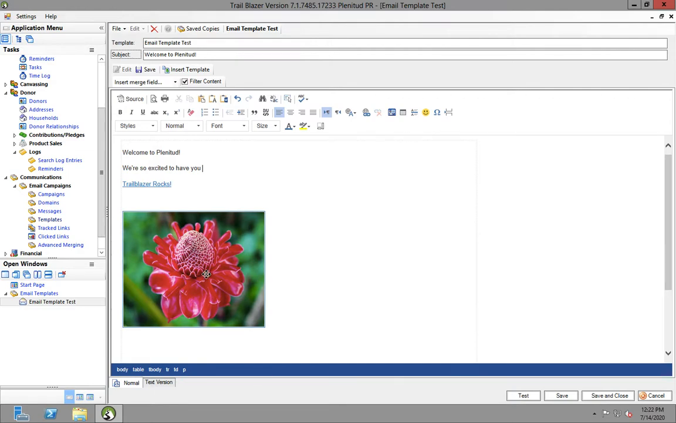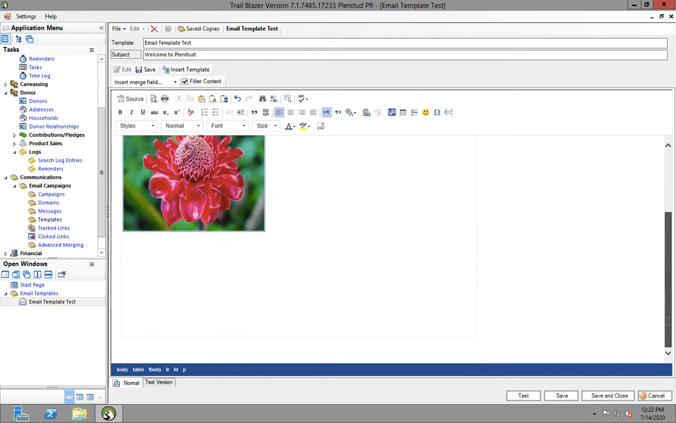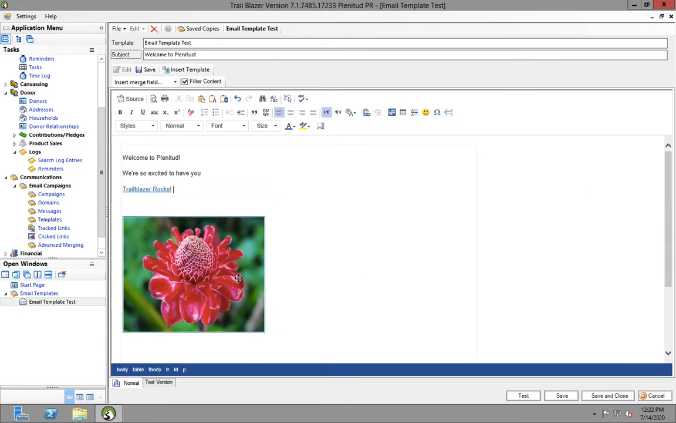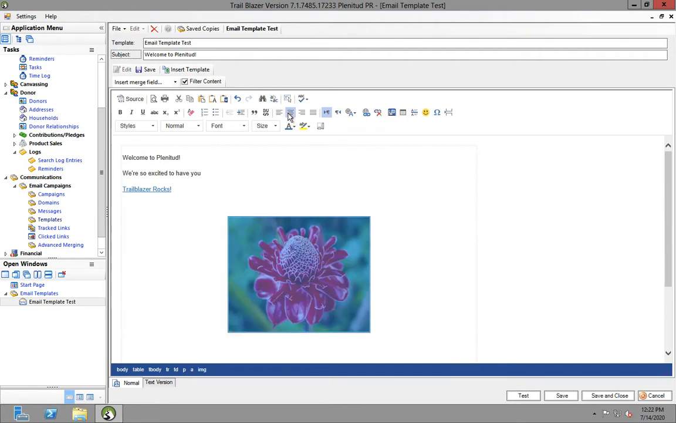That's really helpful, for example, if we're sending out emails in relation to a fundraiser, and we have donation buttons that we insert in the emails. That way people can just click on the image and it'll take them straight to the donation page on our website. So that's a very basic overview of the email editor within